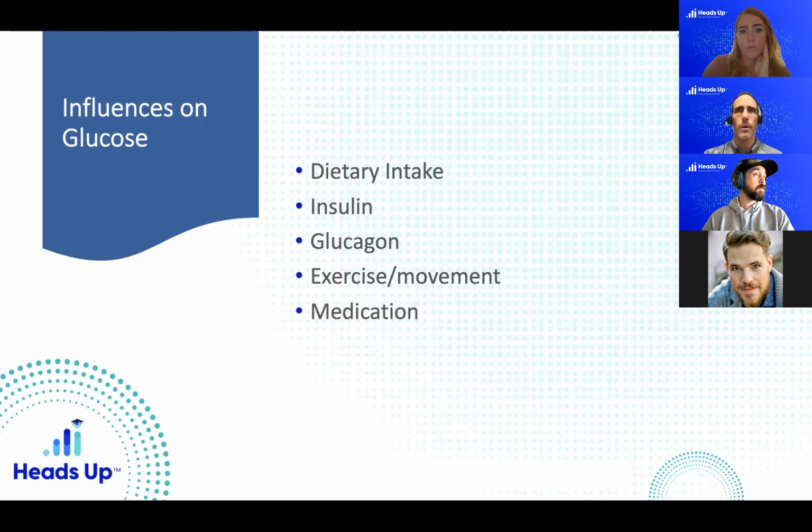Great questions. So there's a couple ways that you can answer this question. Through the Heads Up dashboard, let's say, going back to your question about a continuous glucose monitor, one way that you can tell if somebody is indirectly having an insulin response that's disproportional to what they're eating is the delta. The rate at which your glucose increases is important, but even more important is the rate at which your glucose decreases. So again, using the example of a soda that's just pure sugar, as you get that spike up in your blood glucose,